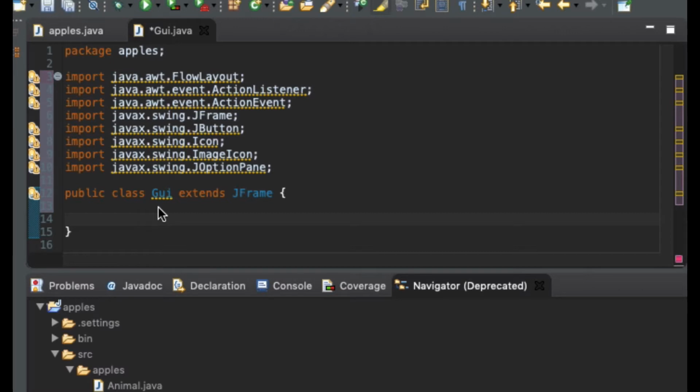Now, after you created this, I also created a new class called GUI, graphical user interface, and then I imported all these things. The next thing you have to do is inheritance, like GUI extends JFrame. After you have done this, just go to the main body. After our class, I'm going to type private button, private